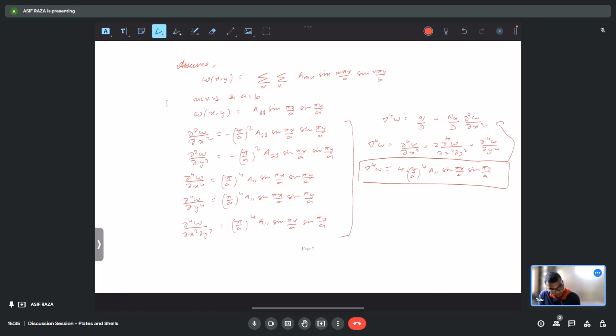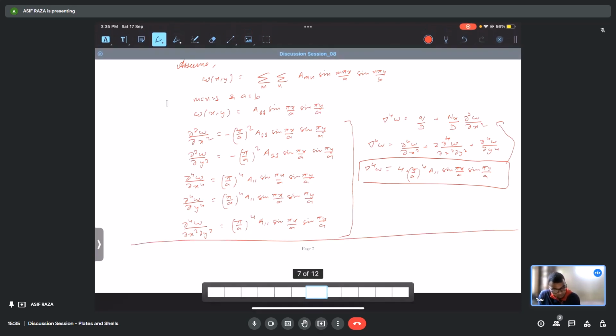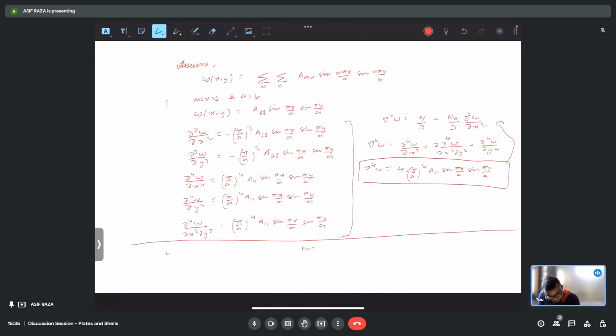So substituting those equations, we'll get 4 times pi to the power 4 by a to the power 4 a11 sin pi x by a sin pi y by a, which is equal to q by D plus Nx by D del square w by del x square, that is equal to minus pi by a whole square a11 sin pi x by a sin pi y by a. On simplification, we'll get